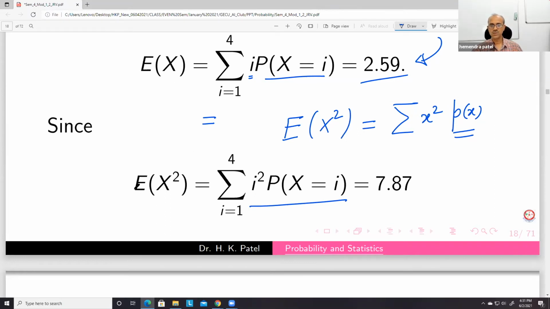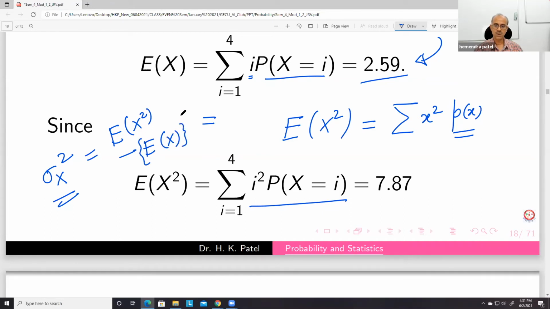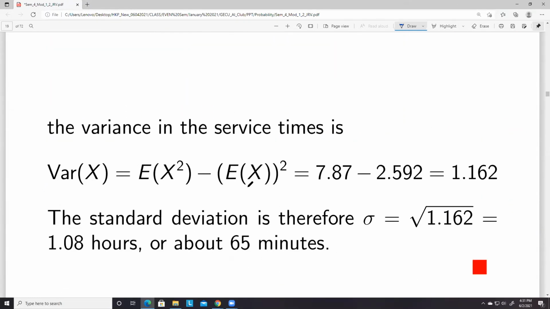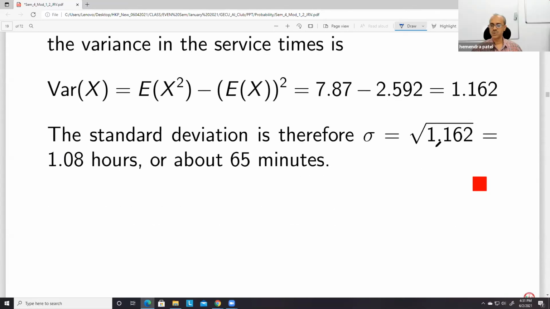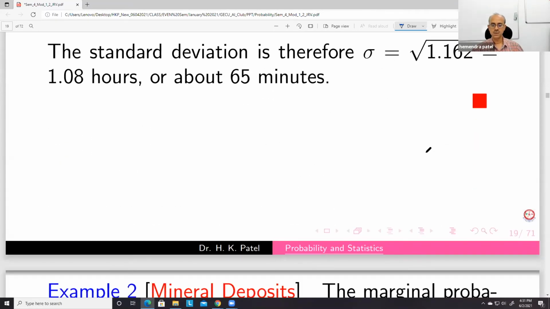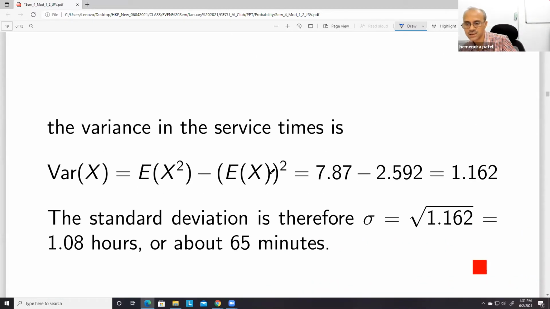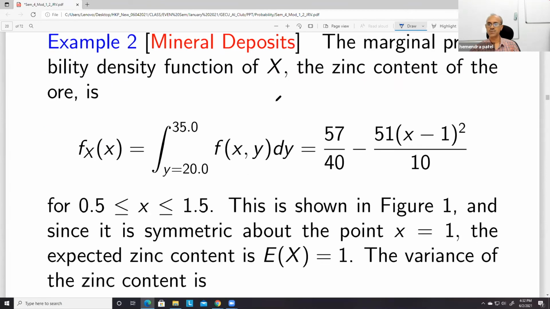So this comes out to be 7.1. And once you know these two numbers, we can find variance and standard deviation, because the variance is equal to E of x square minus E of x whole square. Okay, so we can find the variance. Variance is known, we can find standard deviation, that's all. Okay, so this is discrete. Now we will generalize this concept for continuous random variable for the second problem.